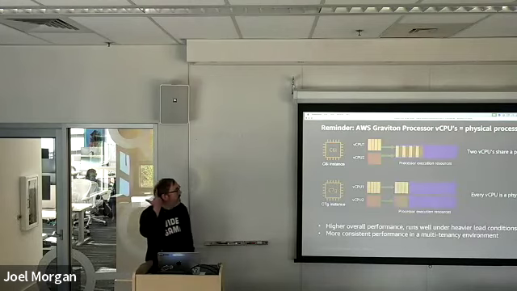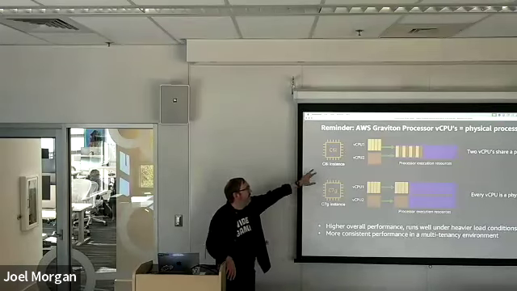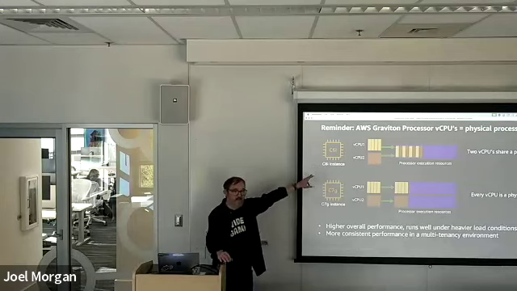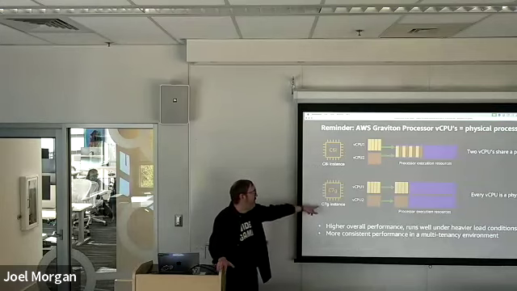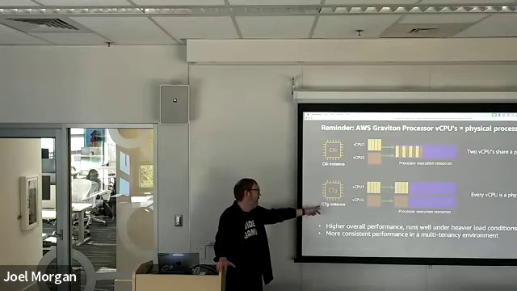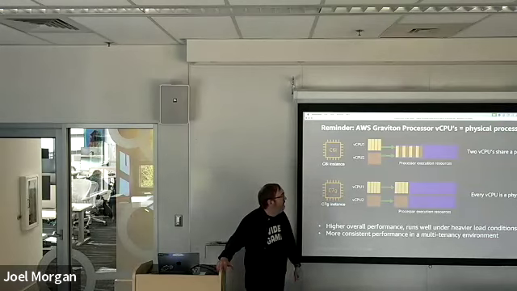Yeah, so our C6I means Intel, so that's an x86 based processor. Our C7G means it's the compute optimized 7th generation Graviton instance. We have physical cores